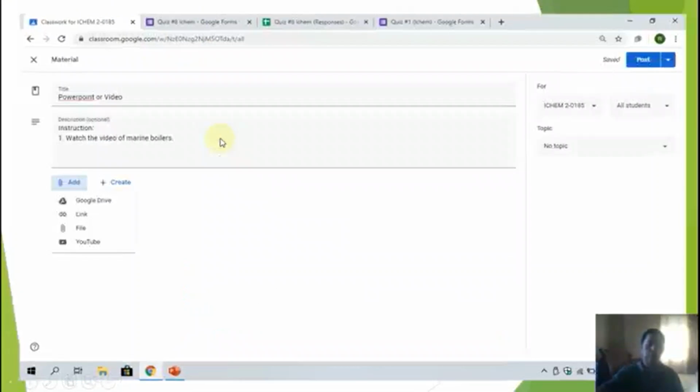When I click assignment, this will come out, but this one will not come out. This portion here is blank, and here is not highlighted blue. So you have to write here. For example, I write here PowerPoint or video. Then I write the instruction: watch this video of marine boilers. Then I click add.